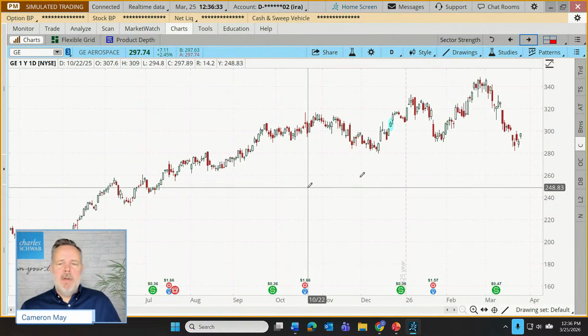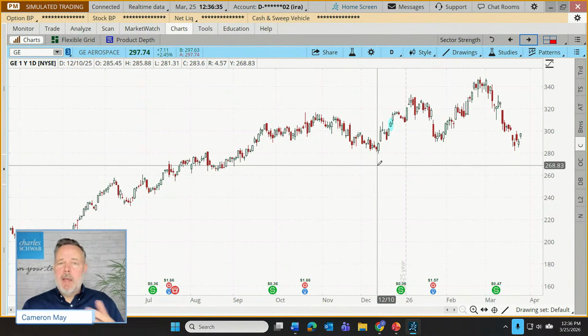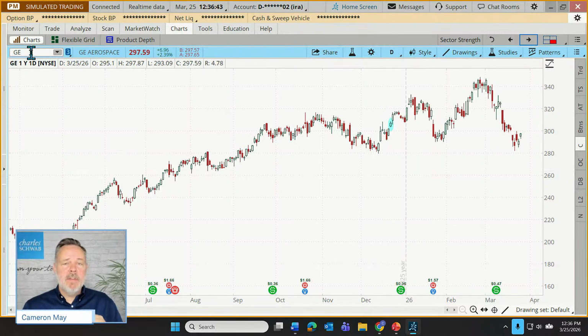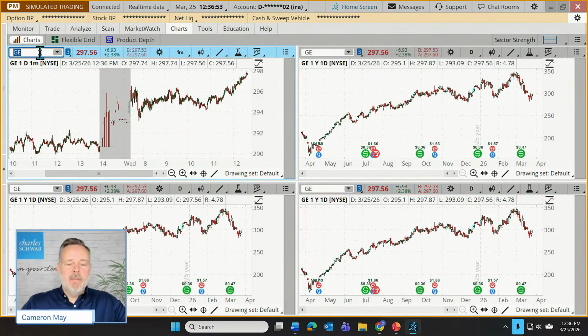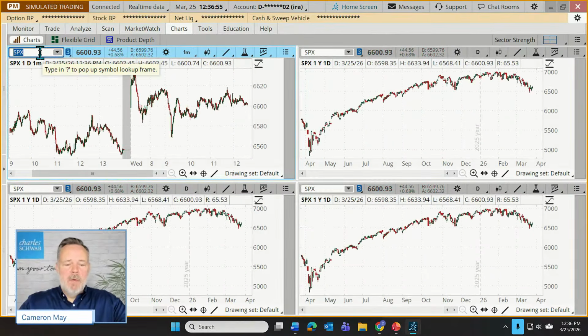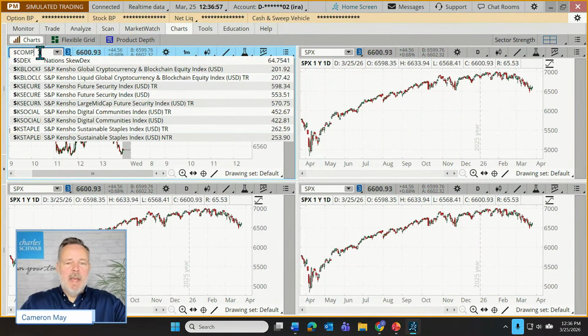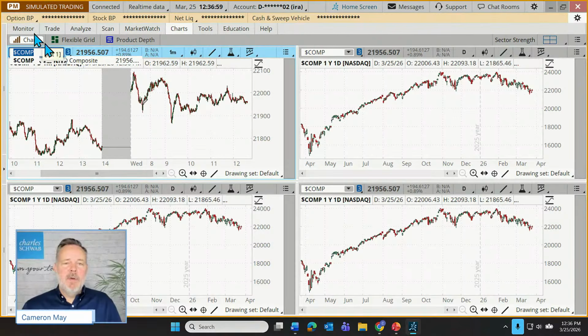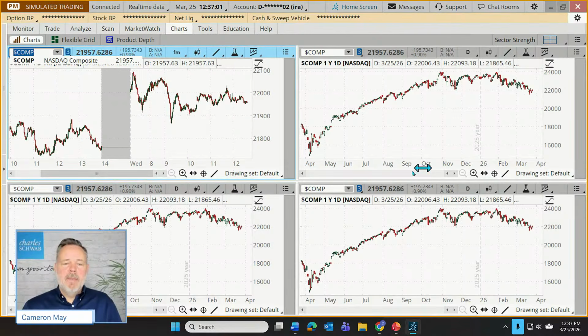Because one thing I want to note, and I did do it here, but I want to emphasize, is that our time frames grid, we can just switch among different symbols, including back and forth between indices or stocks. We just type in the symbol and we see each of those time frames. So yeah, we could have looked at the S&P. We might look at the NASDAQ composite and we get a view of minute by minute, day by day, week by week.